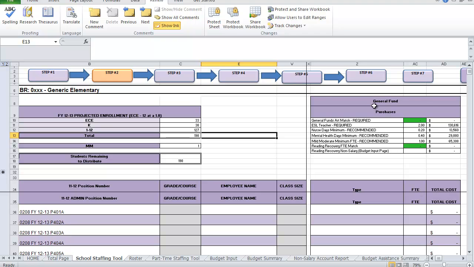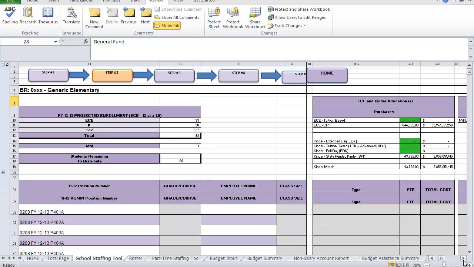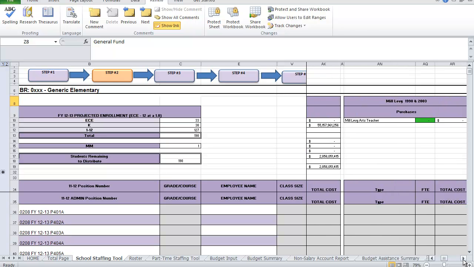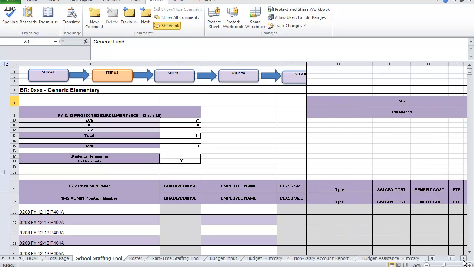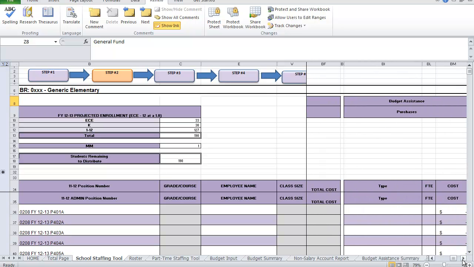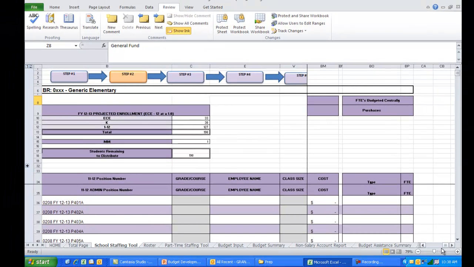Scrolling from left to right across the top, you'll see the required and recommended purchases for your school broken out by funding source, including general fund, ECE and kinder allocations, if applicable, mill levy, federal funding, SIG, budget assistance, and FTEs budgeted centrally or from non-SBB